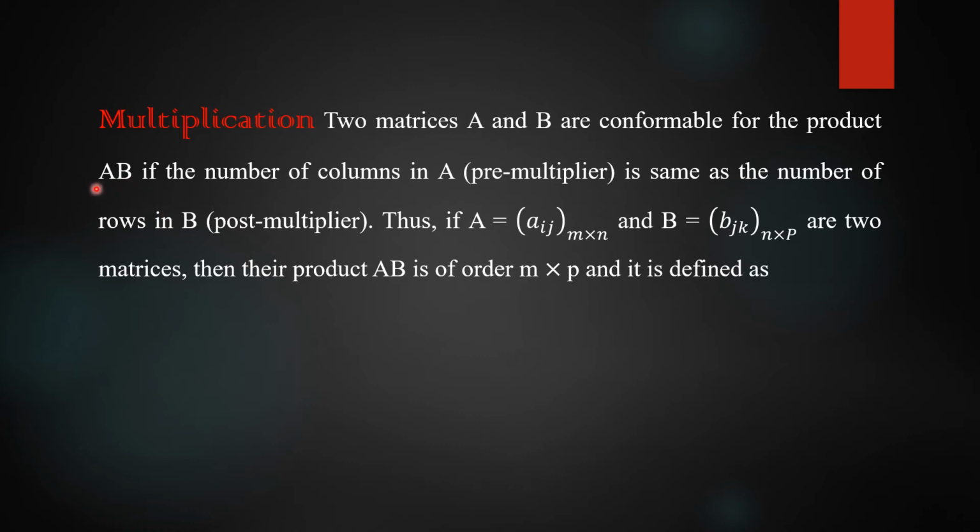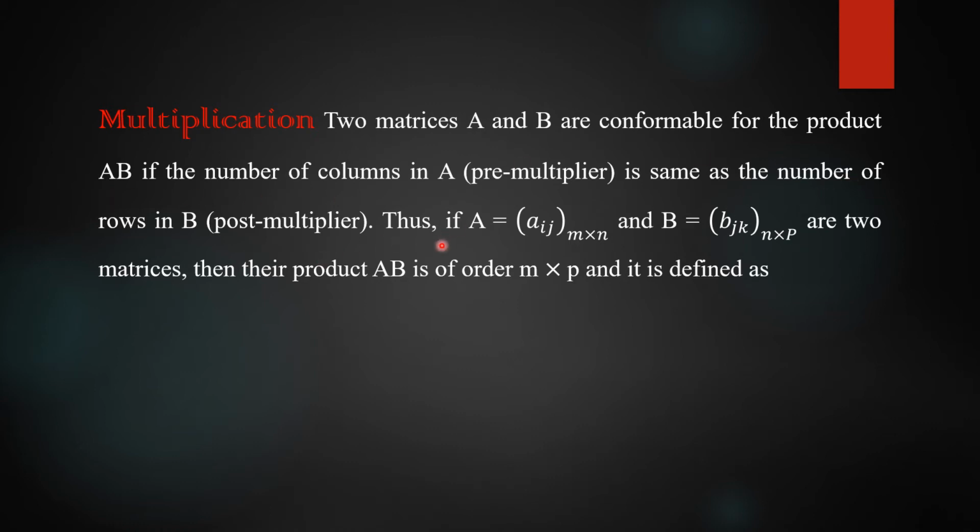Column number of the first matrix and row number of the second matrix, these two numbers are equal. If these two numbers are equal, then you can find the product AB. So whenever the product AB exists, in that case BA may not exist. Is that clear? That is why the product name is indicated here. So the product AB will be defined only when the number of columns of the first matrix equals the number of rows of the second matrix. That is the main thing to find the product AB.